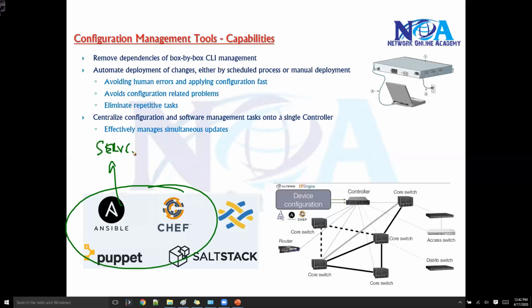So typically this can be running on a software, maybe on a standalone server of its own, maybe any of these softwares listed, running on some kind of Linux or Ubuntu server, and that can be automated from the server. This is one option. Or the second option is that these servers or these tools can actually speak to the controller,